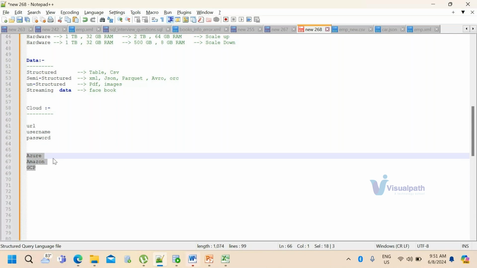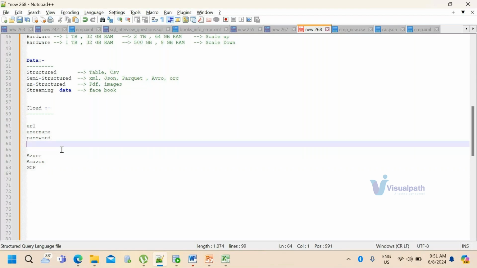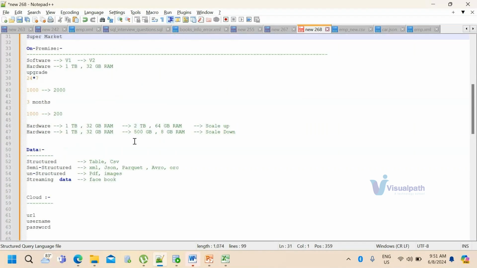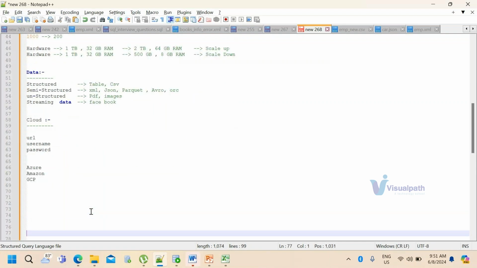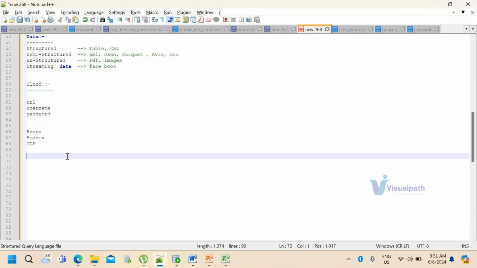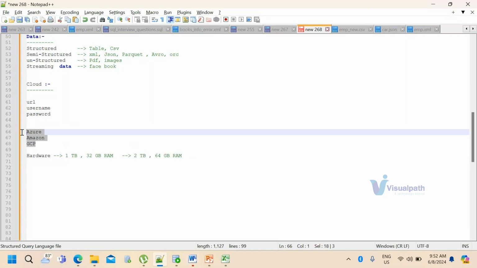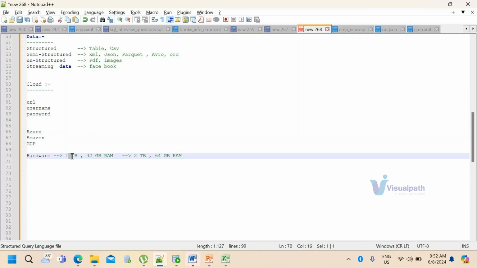Let's say I just want to start a business. I can approach these cloud providers stating that I require this much capacity, and ask them to prepare an environment with this capacity. I don't need to pay anything upfront. They will take care of giving you the server of 1 terabyte, 32 GB of RAM, and the software that you want.